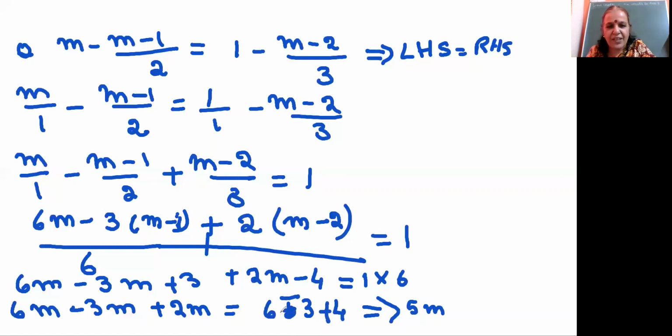That means here 6 minus 3 is 3 and 3 plus 4 is 7. Therefore, 5m is equal to 7. That gives you m is equal to